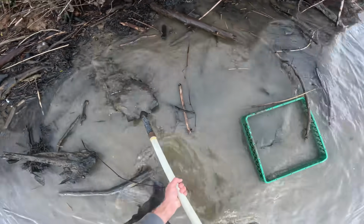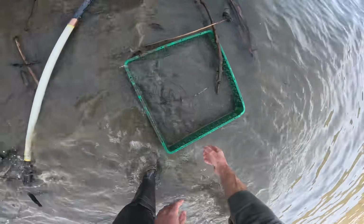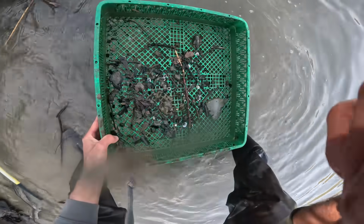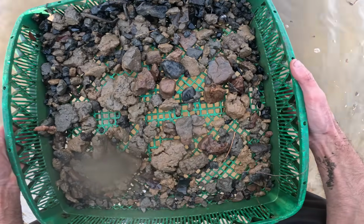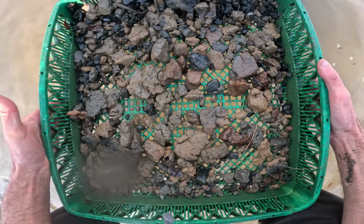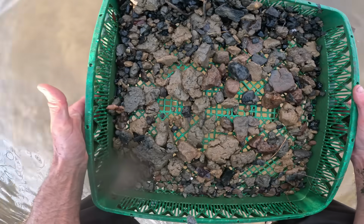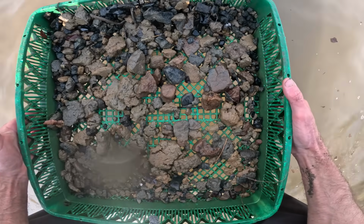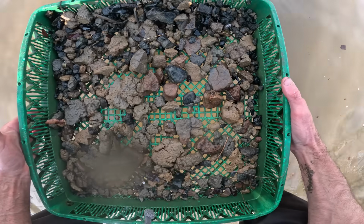I sifted 45 minutes and didn't find nothing. So I have to get on a new spot, see what I can get. See, that looks terrible. Well, folks, I'm on a different place. That last place wasn't doing any good, so different archaeology here, a little bit. I'm a couple miles away, so I could still find the same stuff,